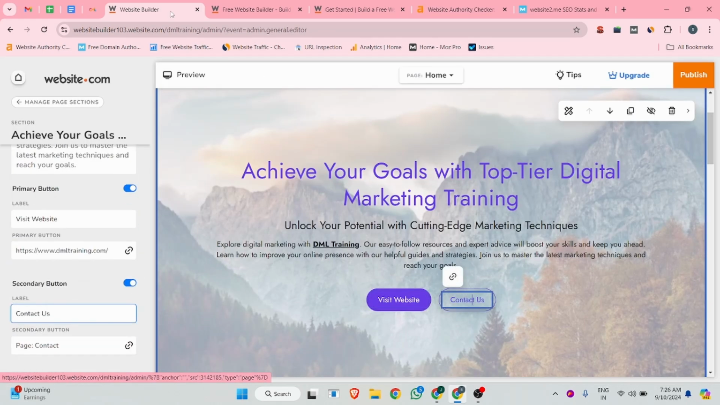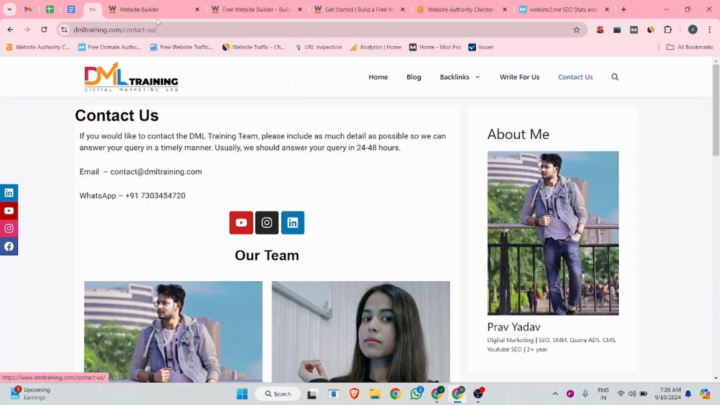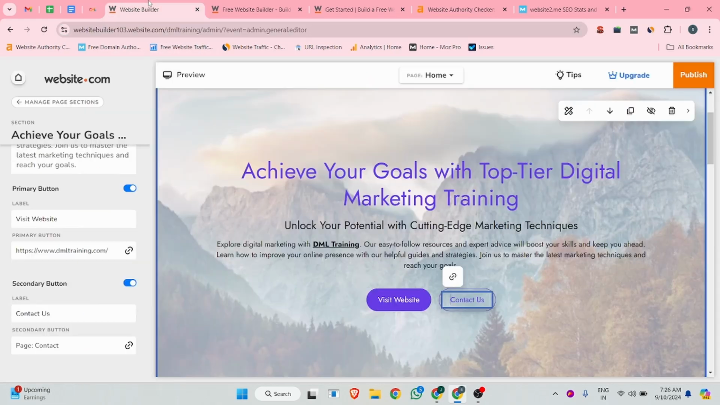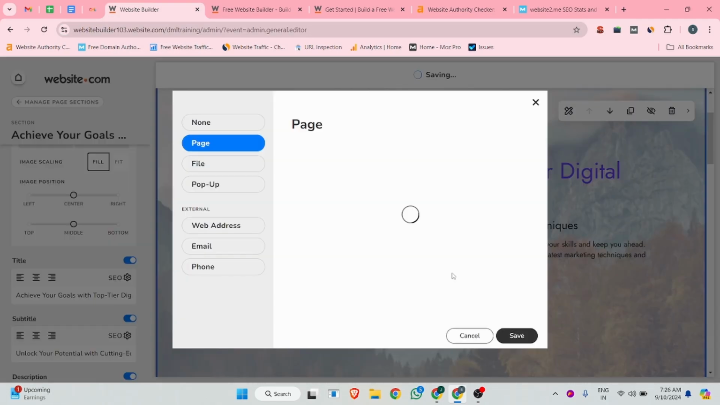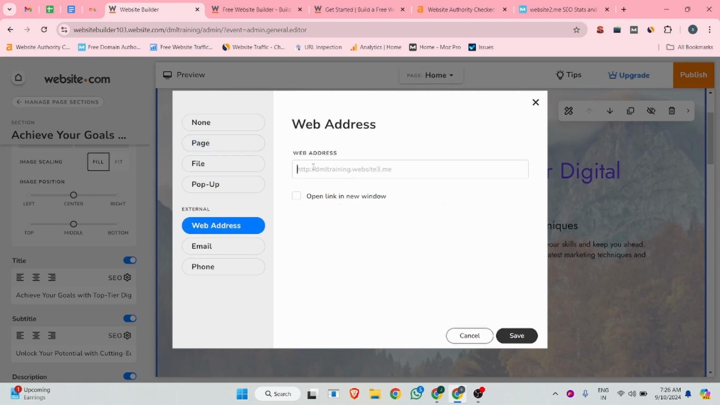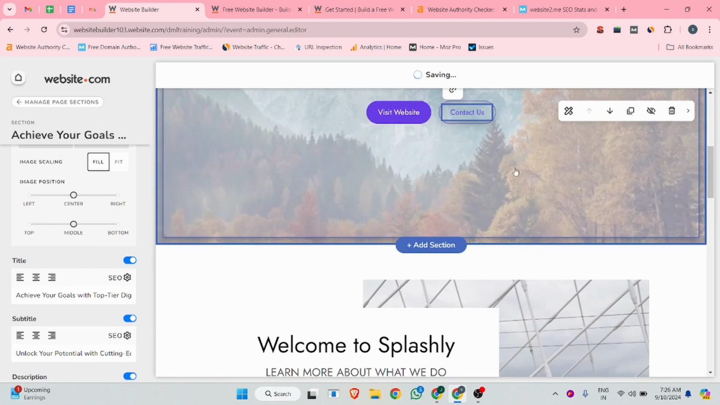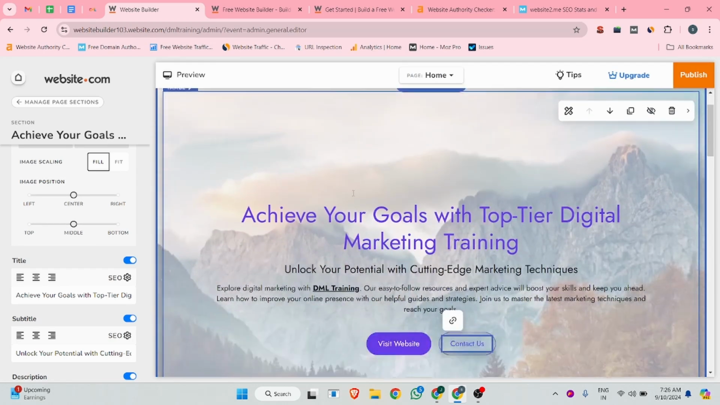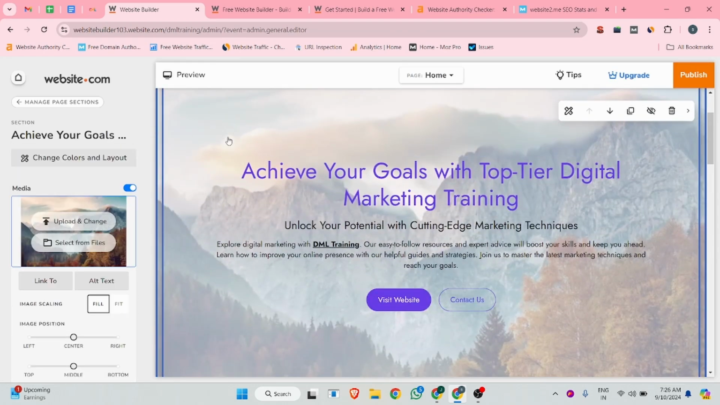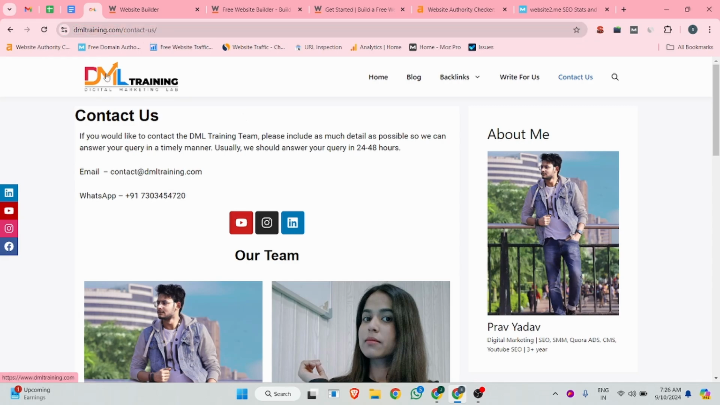And this is the contact us page, so you can add your contact page. Click on this, and your first section is ready. If you want, you can replace your emails. Suppose I want to replace emails with